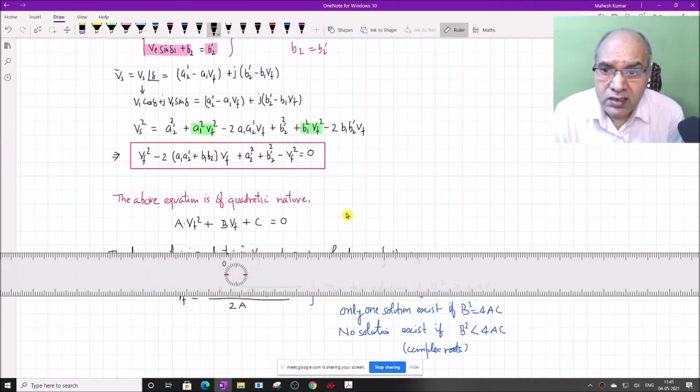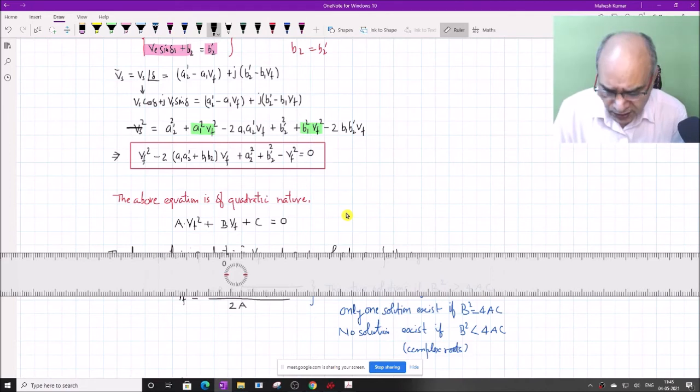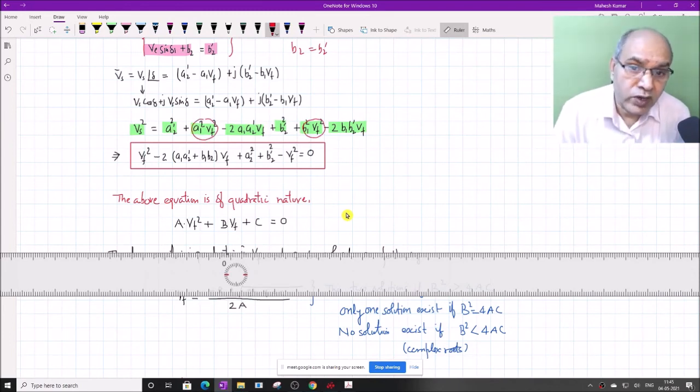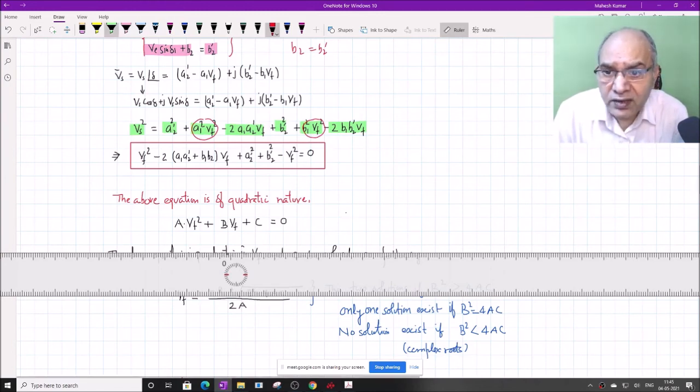So we square the real and imaginary parts and sum them, and we will get BS square on this side. Then we will get A2 dash square, A1 square BF square, minus 2 A1 A2 dash BF, plus B2 dash square, then plus B1 square BF square minus 2 B1 B2 dash BF. So we will collect the coefficients of BF square, BF and the constant term. Then you see that this plus this becomes simply BF square, because A1 square plus B1 square equals 1. So this is the BF square term here.